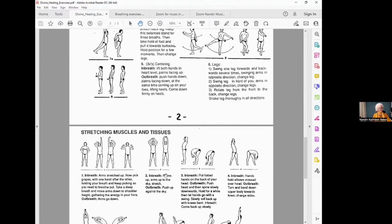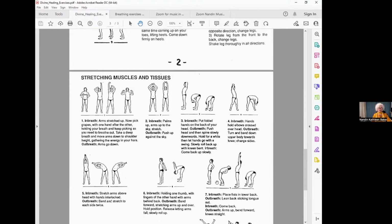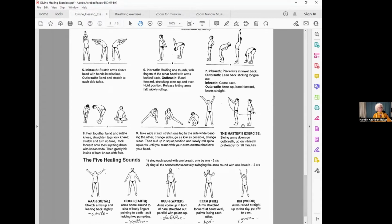And they have a video of it, but that was a little extreme for me. But I used to do these. These were really great. I did them regularly. And here you are stretching your sides. It's the chest expansion version again, except it's really from Asian martial arts, various other parts of your body getting